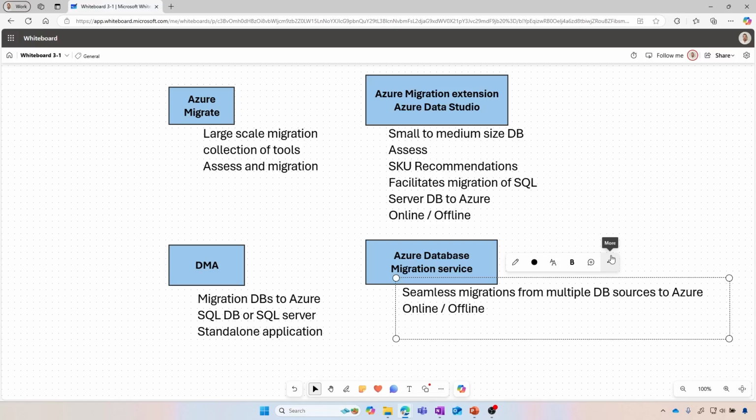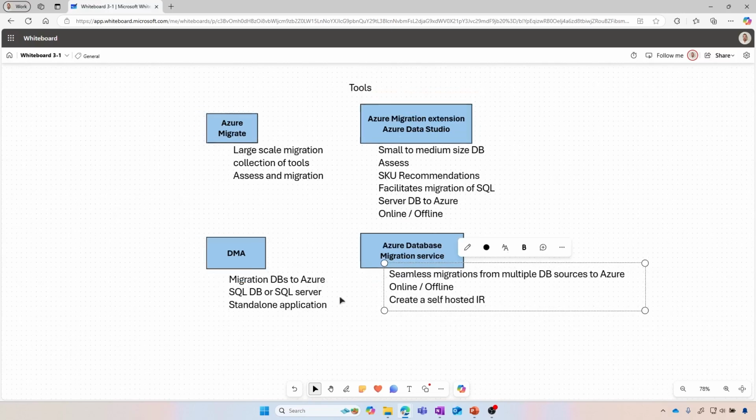Actually, you will need also to create, we're going to extend on that topic in a few as well, a self-hosted integration runtime, right? So why? In order to have access from the source SQL Server and then potentially the backup that you have set up here in order to set up the migration here and help you to the migration here.